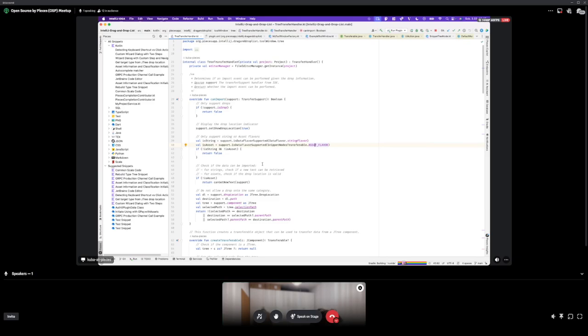And so the can import is just a discriminator function that will tell you, hey, we do or do not support this. And that's the core idea for it.